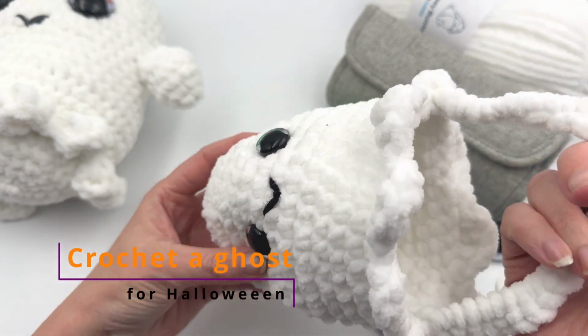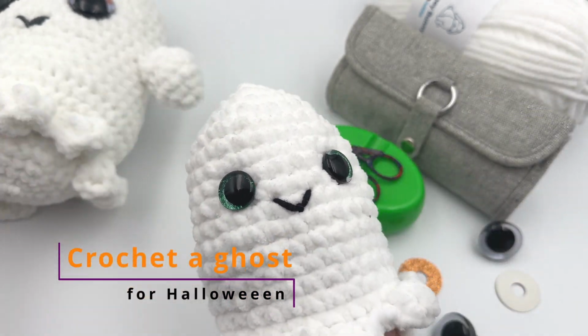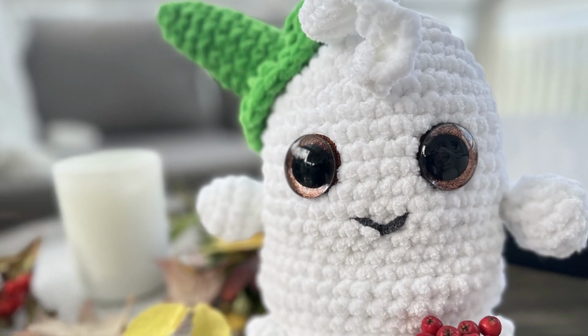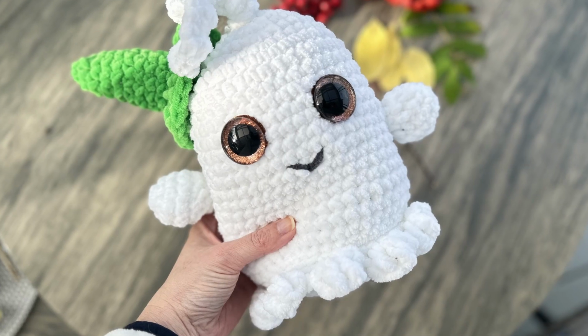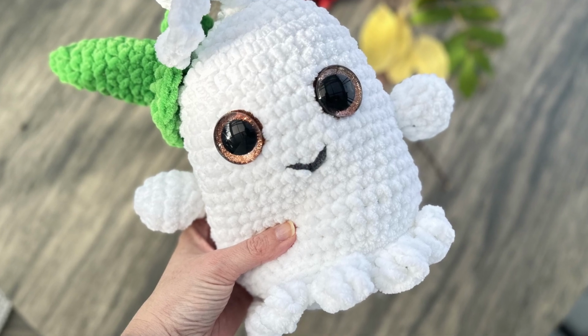I haven't published this on my English channel, but let me know if you want a version and I can publish it too. But anyway, today we're gonna crochet this ghost and we're gonna start with the body, and then